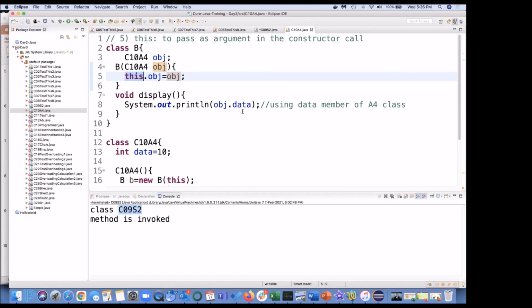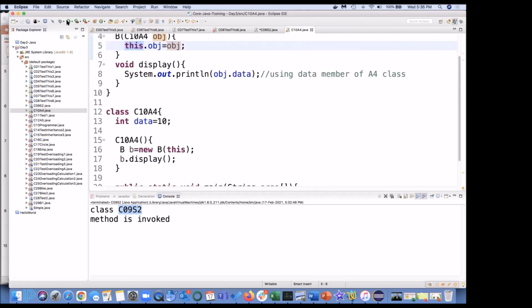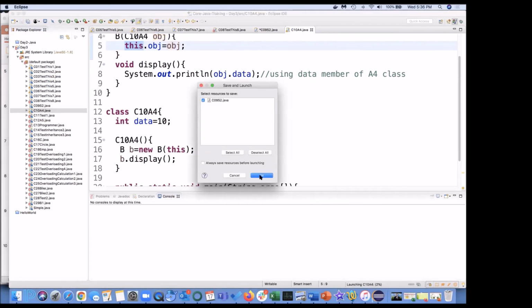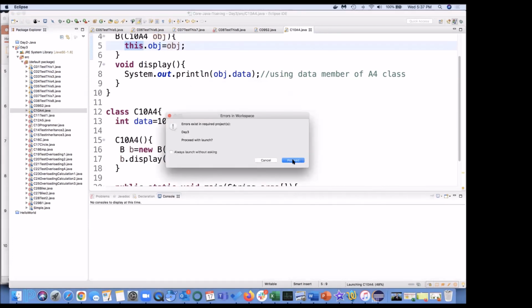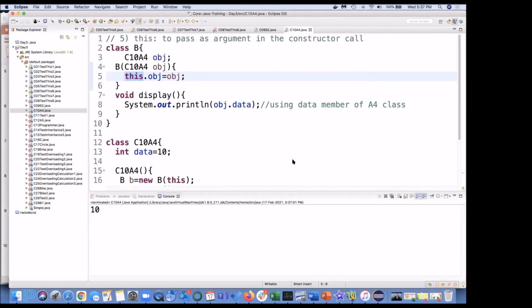And when I say obj dot, let me execute to check my understanding. You are getting obj dot 10. That is, you pass this as the object of class A, where the data or the variable was 10, and it got printed as 10.